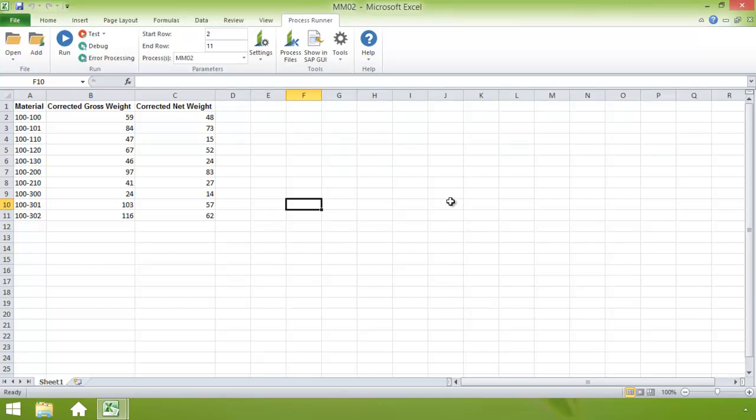Now I'm going to explain some of the run features of Process Runner Excel add-in. But before I run the data, I'm actually going to deliberately make a few errors so I can point out some of our test run capabilities. So now as a user, I'm going to first test run the data before I run it. So I go to this test button, push this,